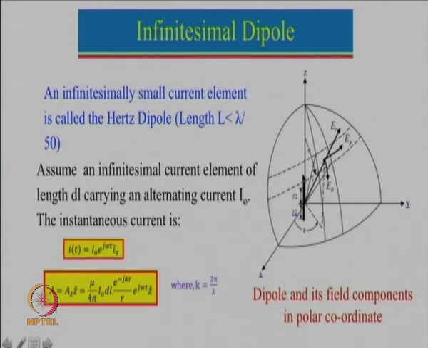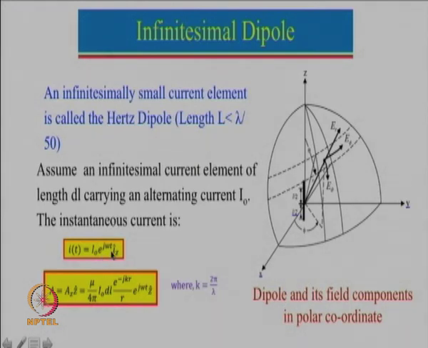So, the dipole is placed at the origin. This is the x axis, this is the y axis, and this is the z axis. And just to mention again, angle phi is measured from this axis, so any component along this will be resolved in this direction here, and the angle theta is measured from the z direction. Okay. Now, since the current element is placed in the z direction, we write this as a current in the z direction,